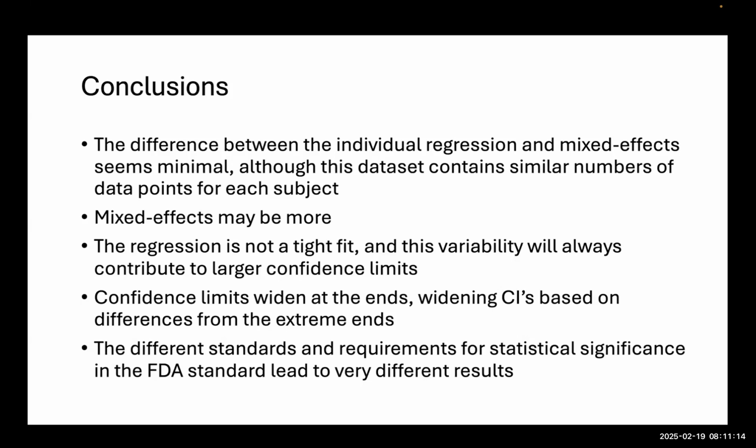So the confidence limits are going to be wide because they are from the two different extremes, but this is also not a tight fit. If you look at the variability of this regression, the R squared is not that high. And so that is going to produce a pretty big confidence limit. So the FDA standard is both narrower than the ISO standard, and requiring 95% confidence limits might make it almost impossible to pass, because it effectively means the point estimates of the effect need to be very, very, very